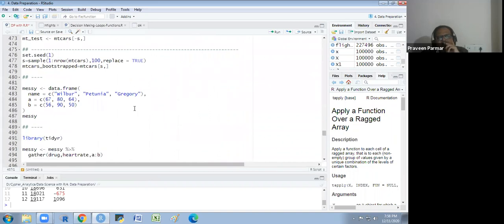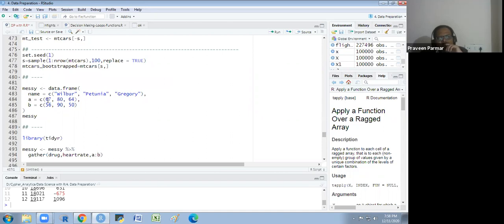Now I will tell you some more things related to the tidyr library. I am making one data frame that is messy. Wilbur, Petunia, and Gregory are the patients, and A and B are the medicines.